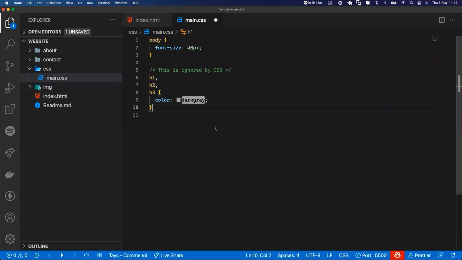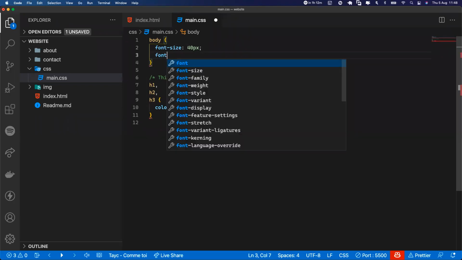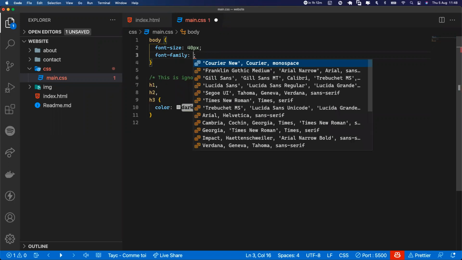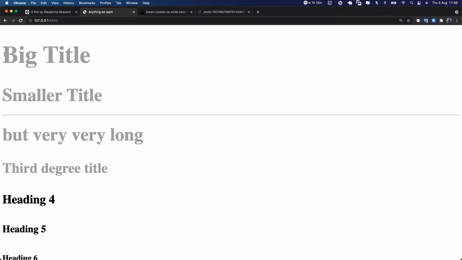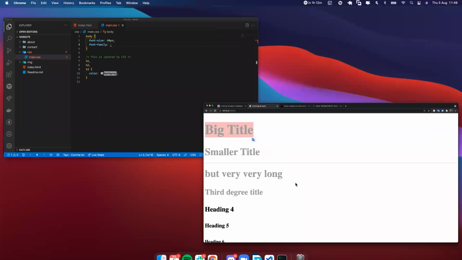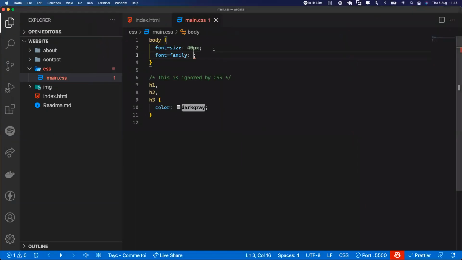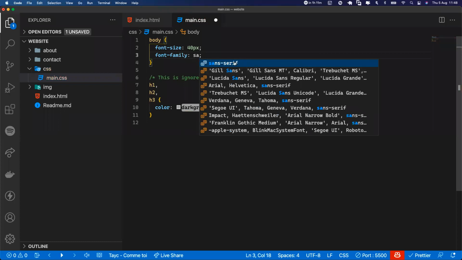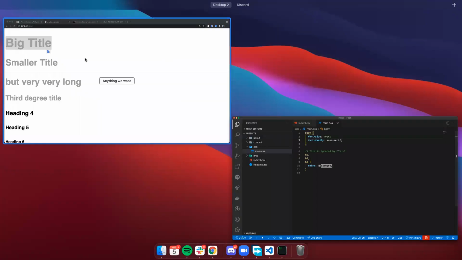What's the next thing apart from color? Let's say, for example, on fonts, let's add the font family. How do these look like? This is called a serif font, and we want it to be a sans serif. Maybe you'll learn more about fonts later, and the differences. But for a font family, I want sans serif, and it's going to look a bit different